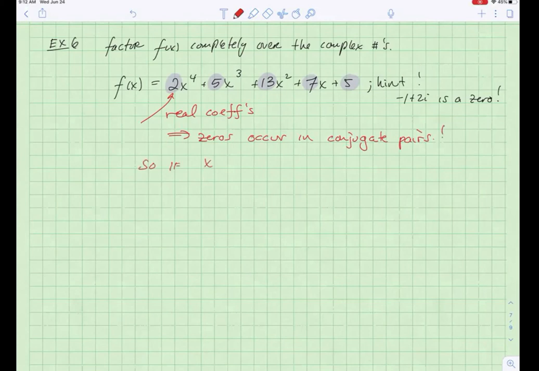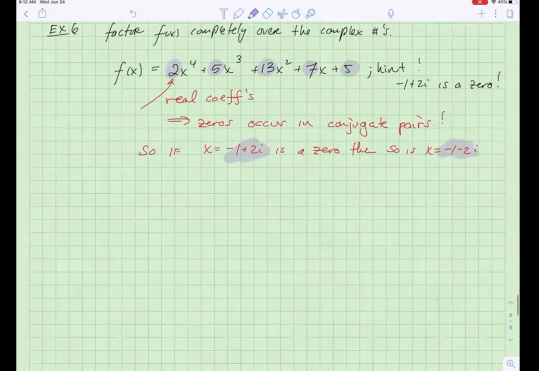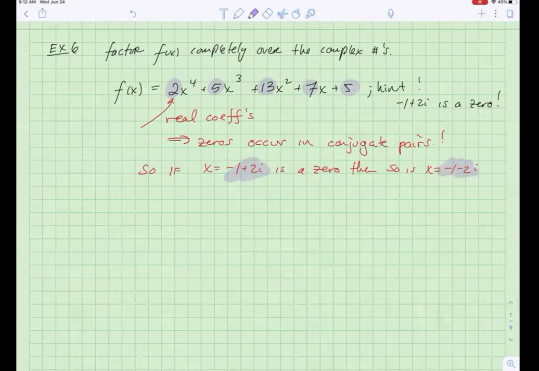So if x equals negative 1 plus 2i is a 0, then so is x equals negative 1 minus 2i. So now we have 2, which means there's only 2 left to find, although we're supposed to factor it. Now,